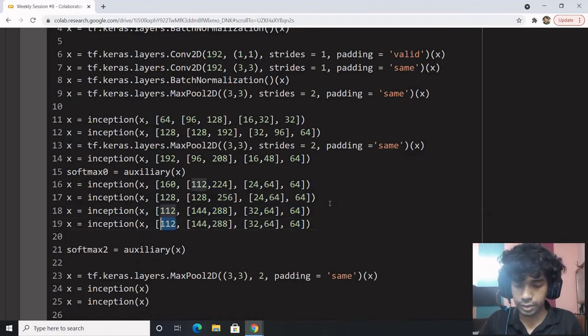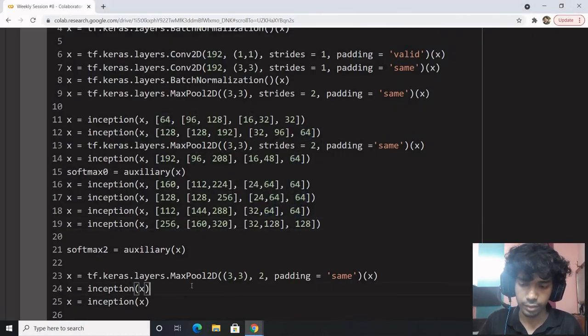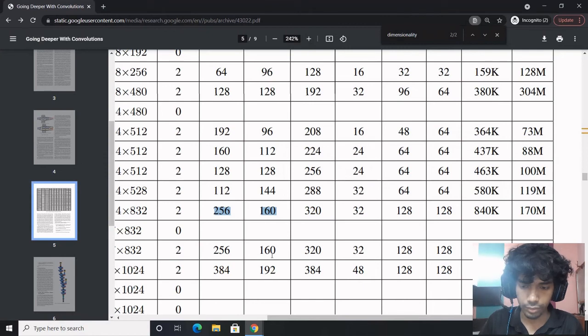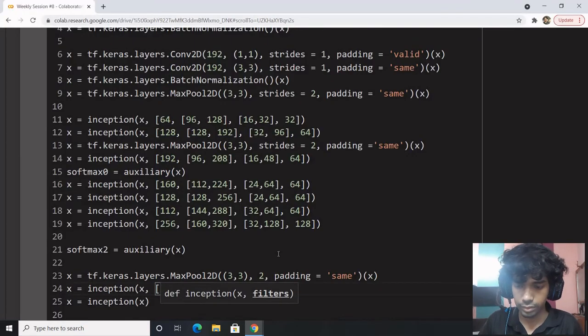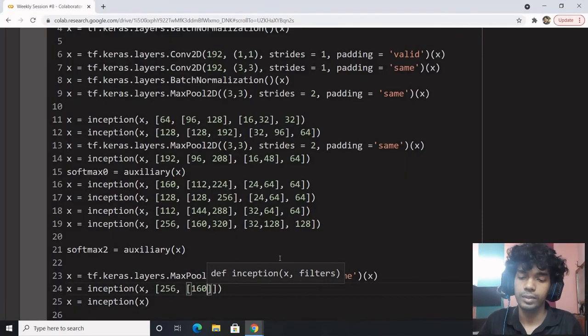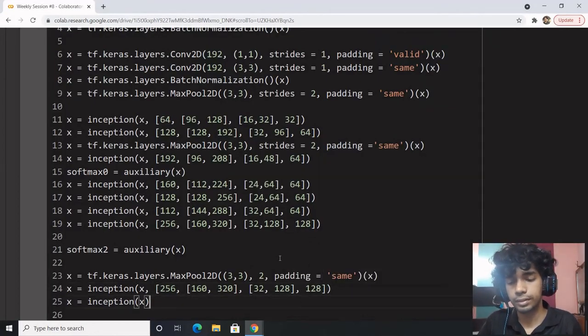Here we have 256. Here we have 160, 320, 32, 128, 128, and here we have 256, 160, 320, 32, 128, 128.